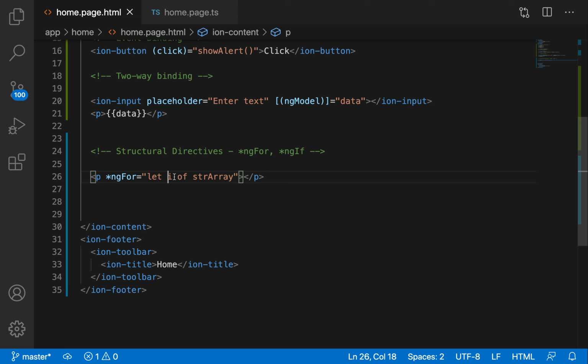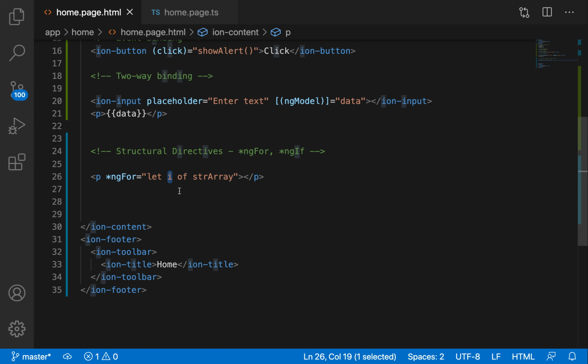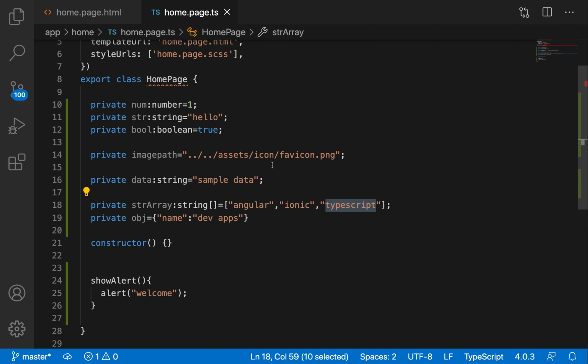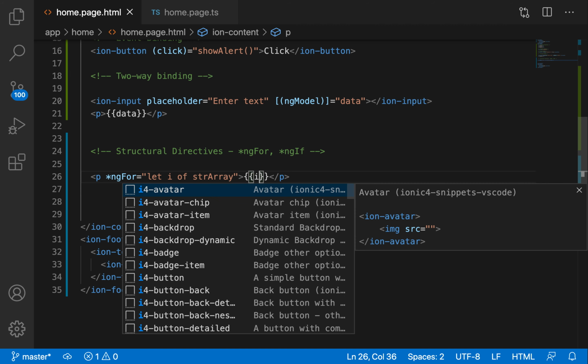This i variable is pointing to each and every element inside the array. So to display the data, I can use expressions and pass the i value.